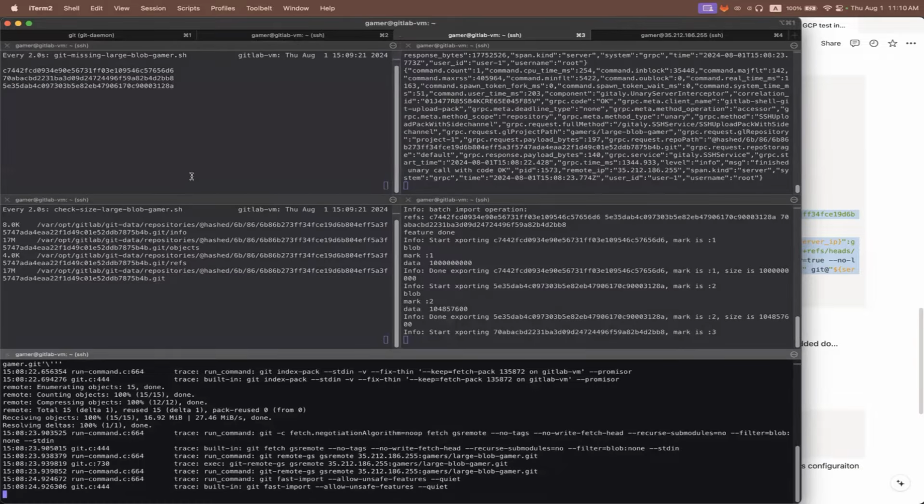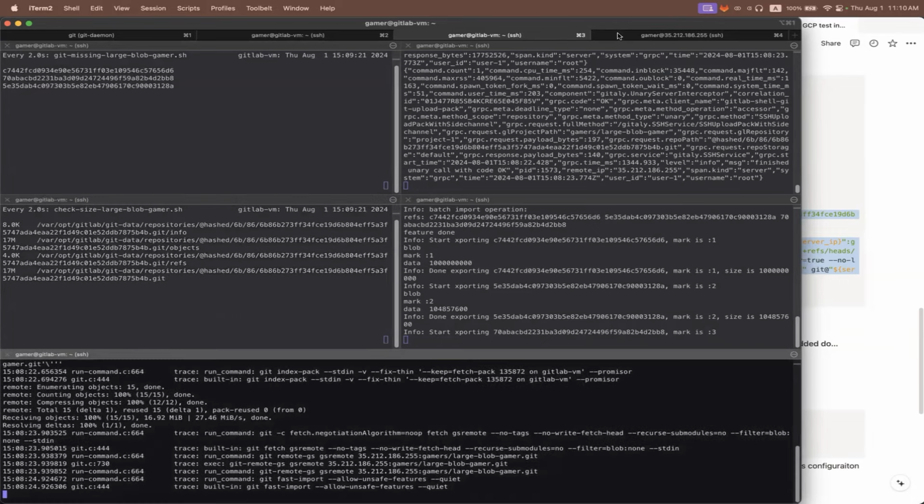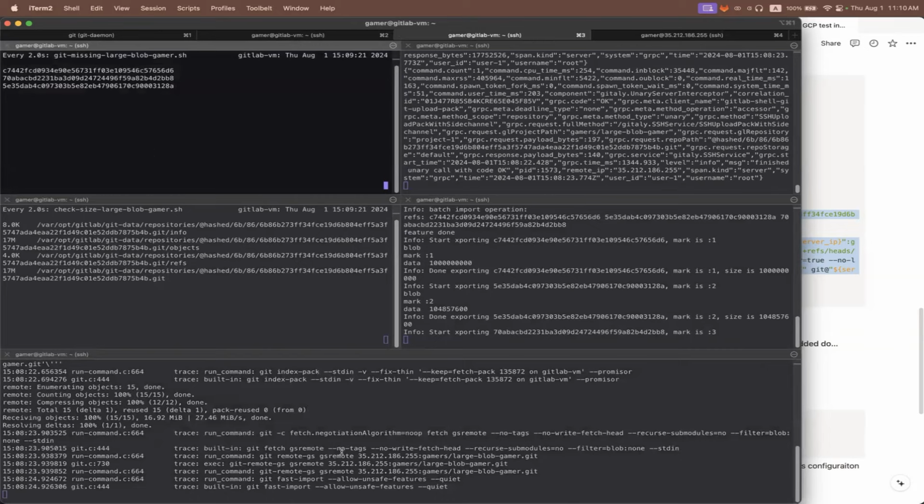Oh, I'm not sure what went wrong here. I have some trouble trying to SSH to the server. So